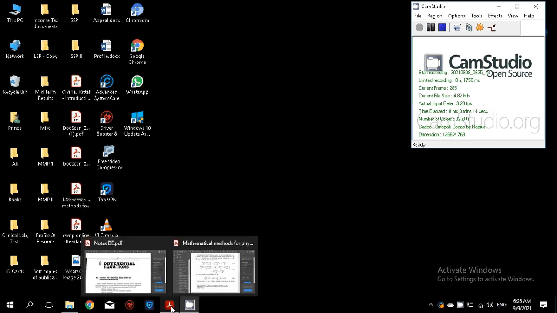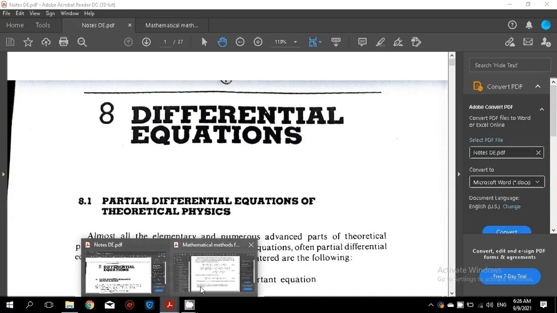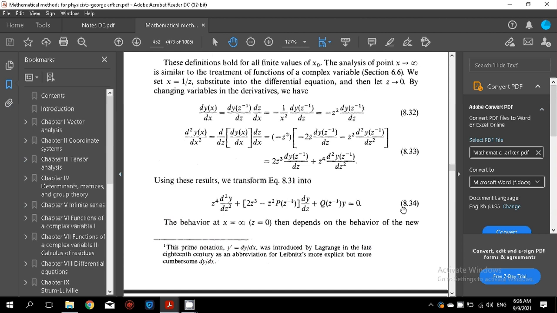And you must possess the hard copy or soft copy of my notes and the relevant book before you. Okay, now in this lecture we would introduce a very strong technique to solve any homogeneous differential equation, and